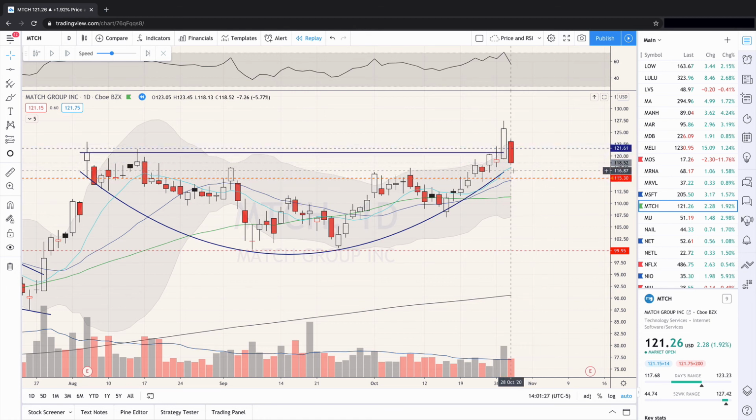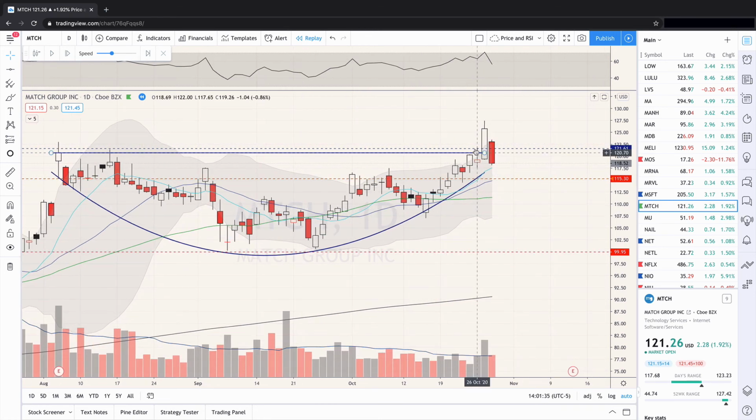This is here because it looks to me as if there's some support around the 117 level, so I put this a little bit lower than that. If price moves below this, I no longer want to be in this. Maybe it comes around and forms another handle. Doesn't matter, I'll look back on it when it does. But this is imposing my logic on this trade right now.